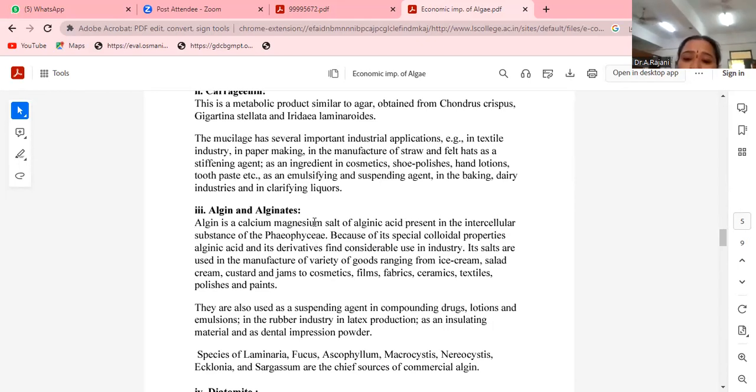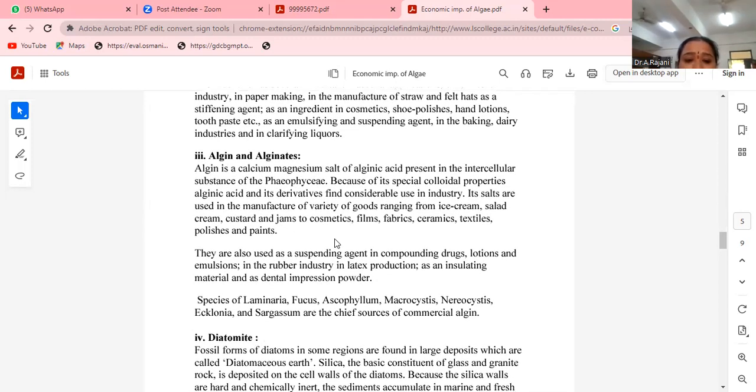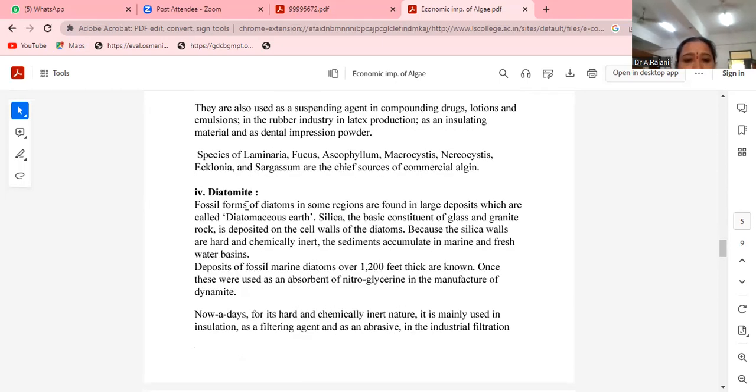Calcium and magnesium salts are present in alginic acids. Members of the Phaeophyceae produce alginic acid, and its salts are used to manufacture a variety of goods: film making, jams, jellies, films, fabrics, creams, textile polish, and paints. The mainly important ones here are Laminaria and Fucus, all Phaeophyceae members that release alginic acid and alginates. Another one,